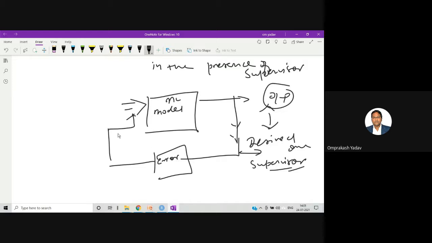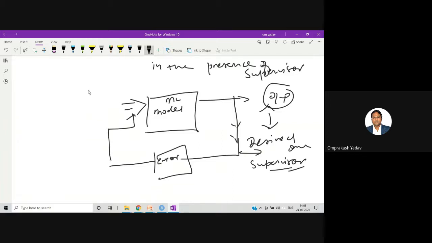So every time, it's like a person solving a problem. I've given the problem, he's solving the problem. If there is any error, I'm observing and telling him that there is a problem, you have not solved it correctly. Then I'm teaching how to solve that one. So this kind of learning is called learning in the presence of a supervisor. That's why the name is supervised learning.